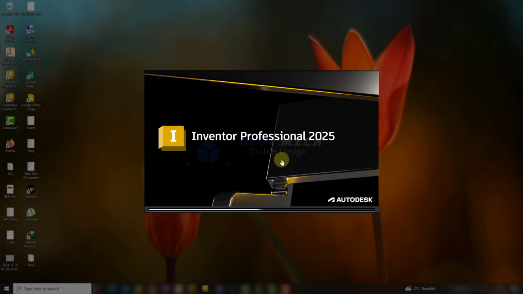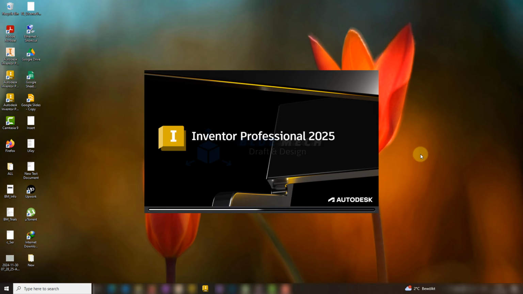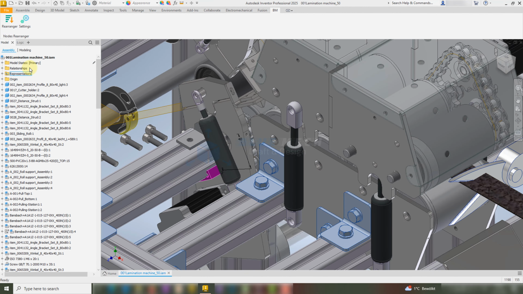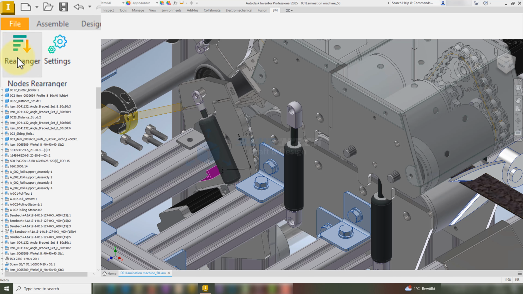In this video, I would love to present one of the useful tools for you and your design process in Inventor. The tool called Browser Nodes Rearranger, or shortly Rearranger. Before we discuss the tool in detail and its benefits, let's just cover what it normally looks like in Inventor